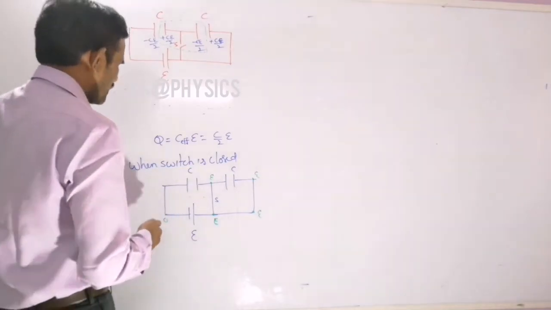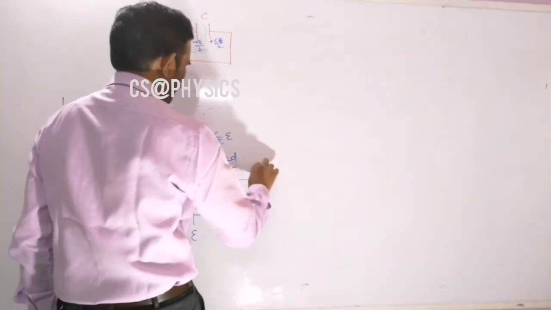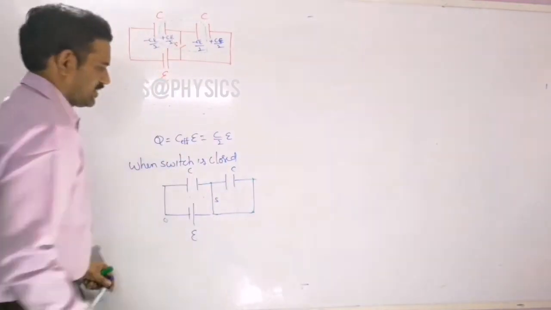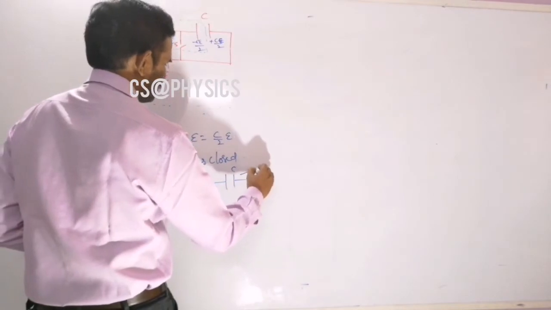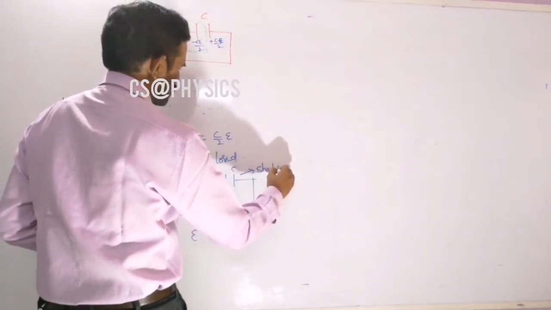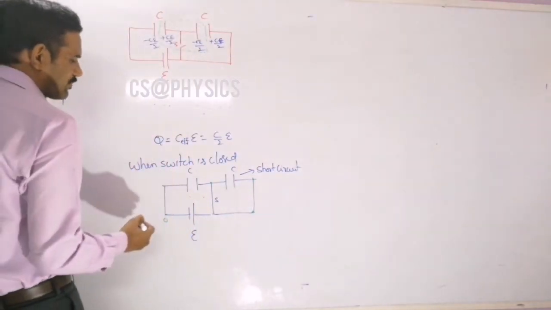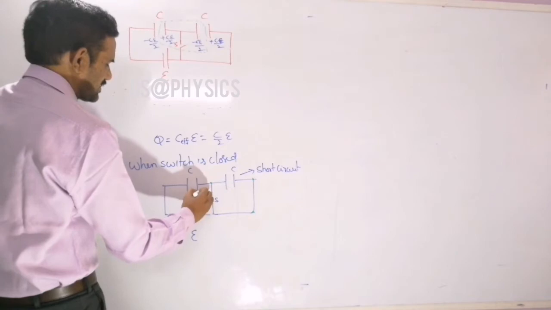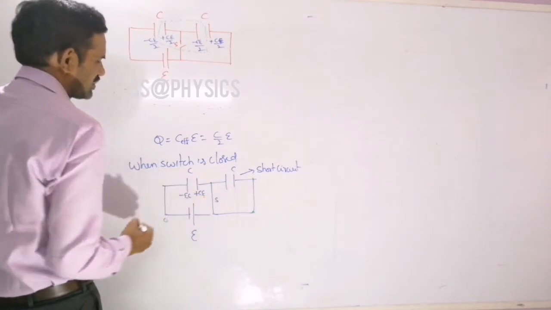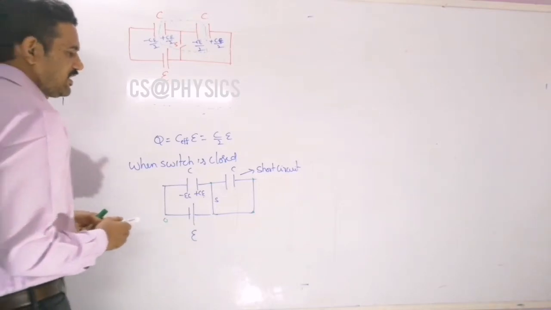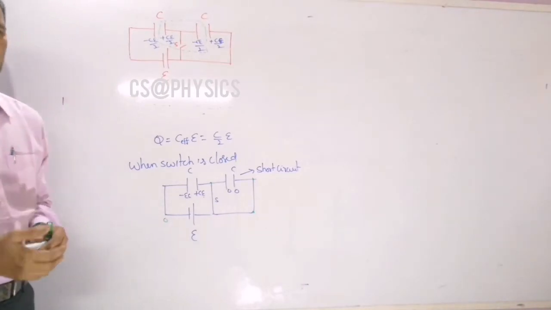And so now let us write the final charges. The effective capacitance is only C, and so this capacitor is short circuited, right? And so only this capacitor is there. This side you will get plus CE and this side minus CE, right? So that is the charge on that capacitor here. And then 0 charge will be there on this other capacitor. No charge is present on that capacitor.